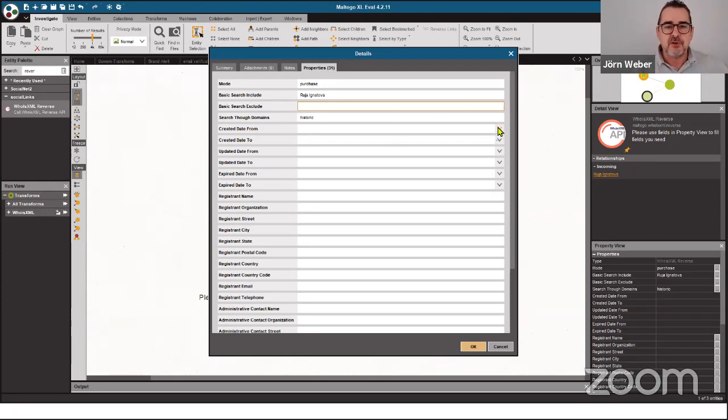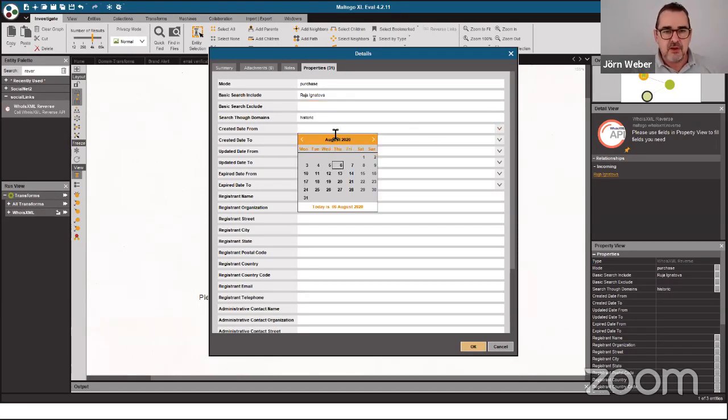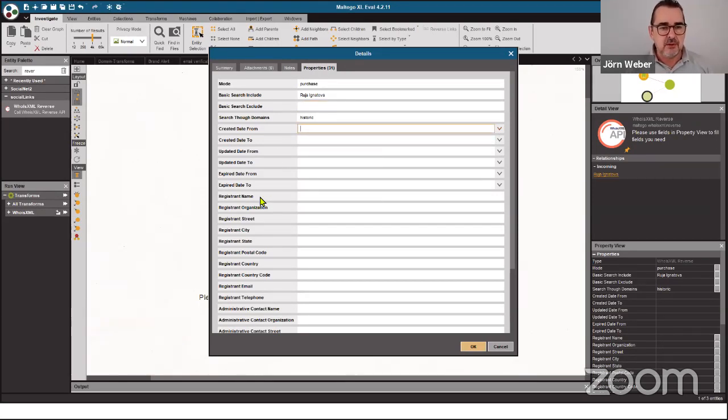Then you have a lot of possibilities if we are talking about the more advanced stuff. So you can say from, to, created, updated, you see the stuff. What I can recommend when we talk about phone numbers is that you enter the phone number here and not maybe in the basic. I had more success when I entered them here. That worked really very well for me. Email worked there. So sometimes you have to try and find out if it's better or not. Typically the basic search goes through all those fields, but you never know.